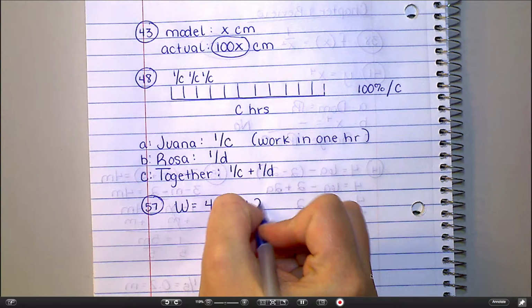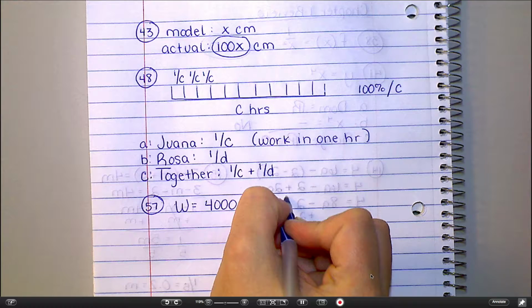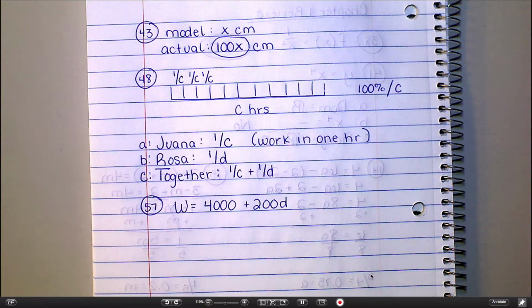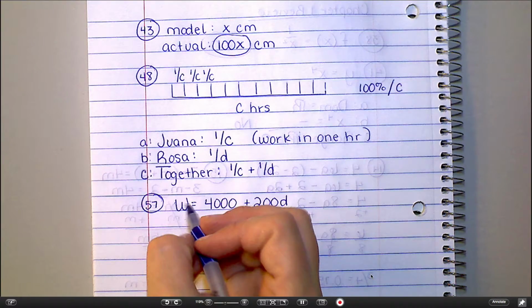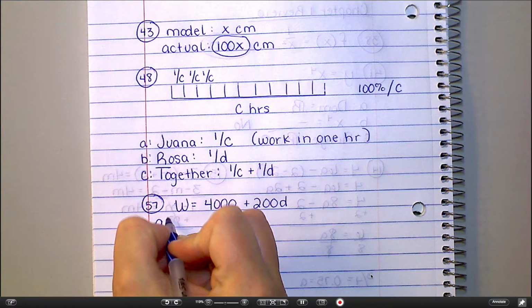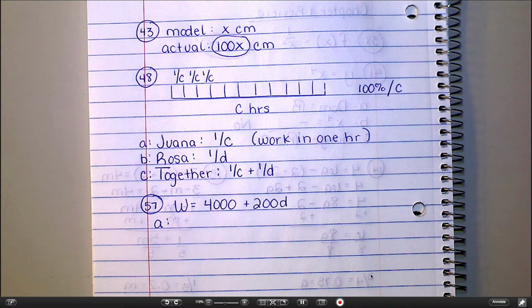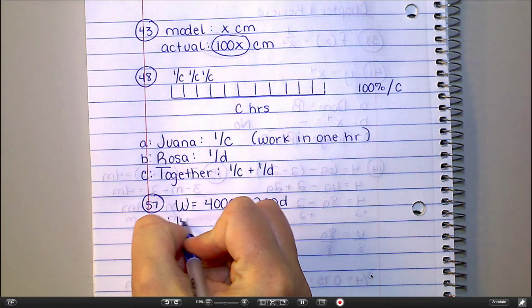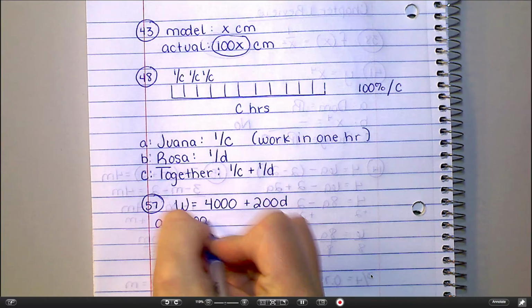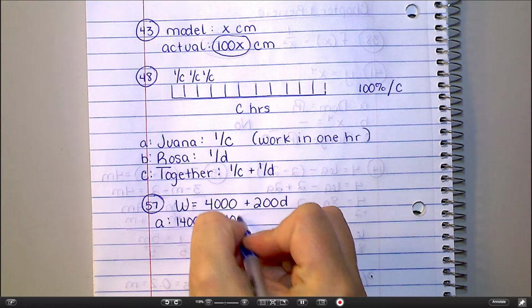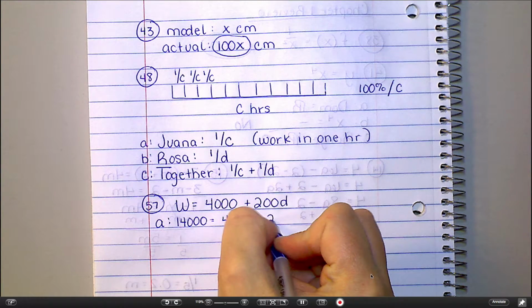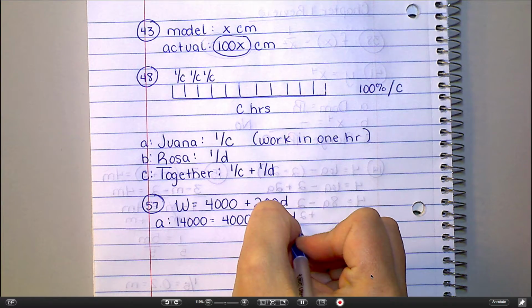And then they're adding 200 per day. So does the setup of that equation make sense to you? Starting at 4,000, adding 200 per day. So part A wants you to rewrite the equation that would let you find out how long it would take them to reach 14,000 pounds. Where am I going to put 14,000? The weight, right? I want them to weigh 14,000. So 14,000 equals 4,000 plus 200D. And then I don't know why they have this as a separate part, but part B